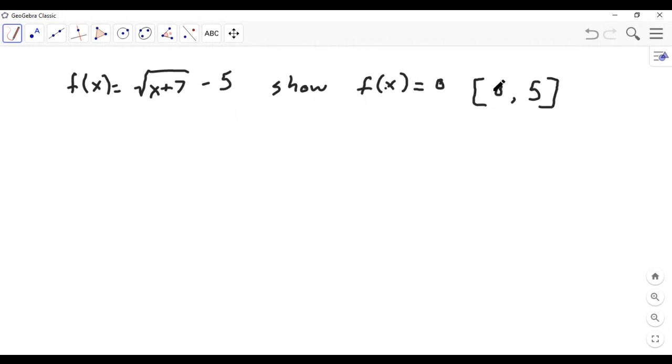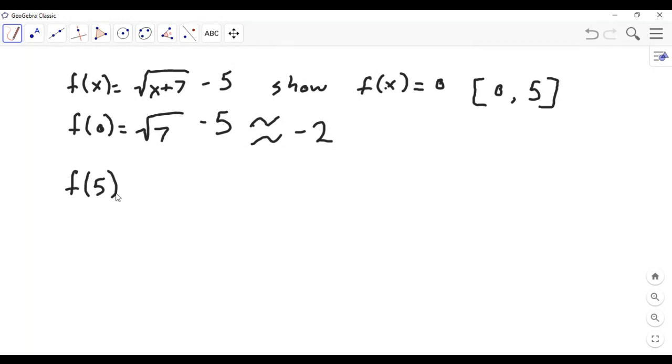Well, in order to show this, really all you have to do is say, I know that f of 0 is equal to the square root of 7 minus 5, and the square root of 7 is less than 3, so 3 minus 5 is going to be smaller than 0, so we'll say it's about equal to negative 2, and then f of 5 is equal to,